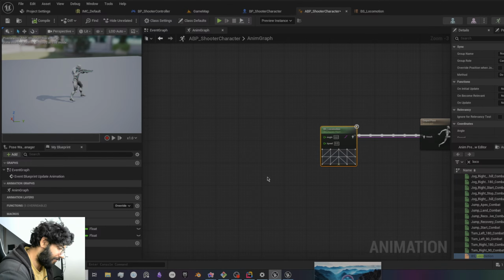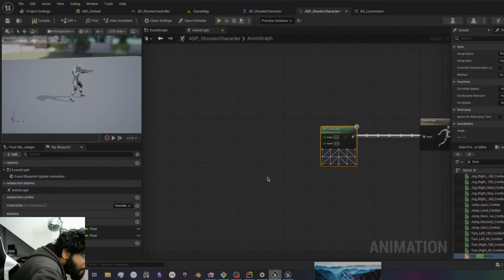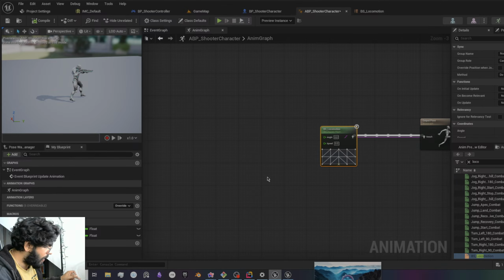And if I hit compile, you can see it's just in our default space. And then you can see this little visualization, which is quite handy, of the blend space, and we could change the values in here statically, or we could input some variables into here. We're probably going to want to do the latter, so I'm going to delete the two variables we've got, the left and the forward, because we know now that what we want is an angle, which is going to be a float. So let's change that over to float. And we're going to need a speed variable as well, which is also a float. And we can patch those two in, the speed variable into the speed,